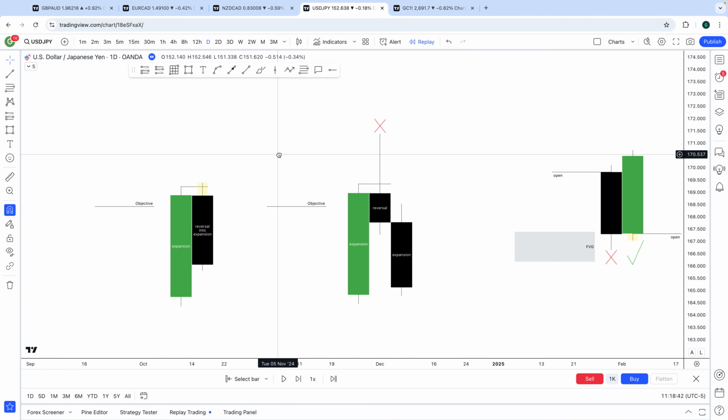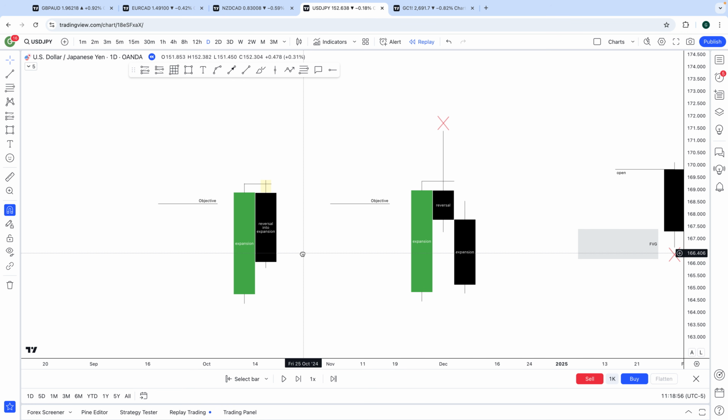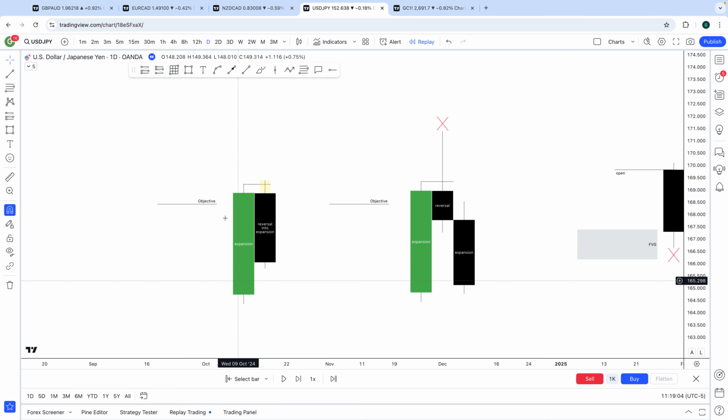So if you're going to use my model, my rule, I require the first candle to hit a key level, because if you go back in price and look at the majority of reversals, we don't actually reverse in the same candle, right? We reverse in like 2 candles, right? I still want to use those IPTA signatures. So if the candle expands into an objective, I want to trade reversal into expansion